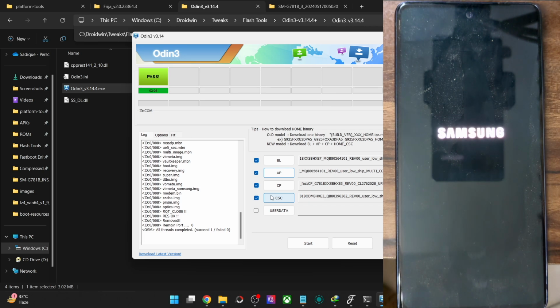So with that said, since our phone has undergone a reset, it will now take a little bit longer to boot to the OS. So let's just wait for the phone to show the boot up screen, after which I will skip the initial setup process and take you to the home menu as well. So let's just wait for the phone to boot up.